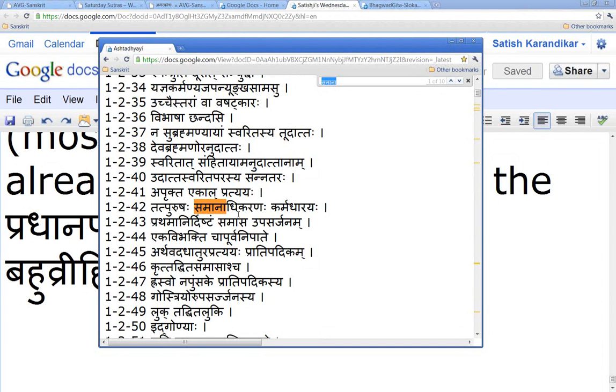So when you enter into Tatpurusha territory, you can have, so Dvau Margau Sthitau, there are two ways to go. You can either take the first branch: you have to break. Is this a Tatpurusha compound? Is this a Bahuvrihi compound? Why these two branches? Because the Dvandvas and the Avyayibhavas are very easy to spot. Most of the time you will not have a confusion between a Dvandva or an Avyayibhava and a Tatpurusha and Bahuvrihi. But many times you'll have a confusion between, is this a Tatpurusha or is this a Bahuvrihi?